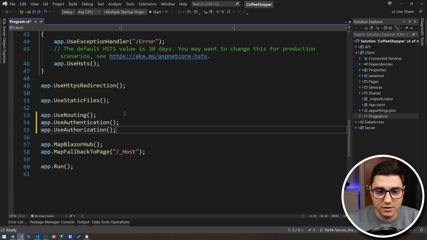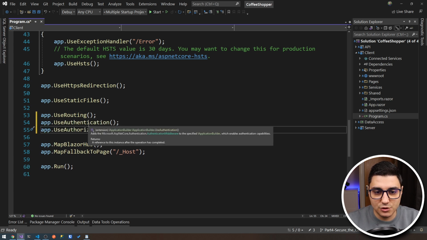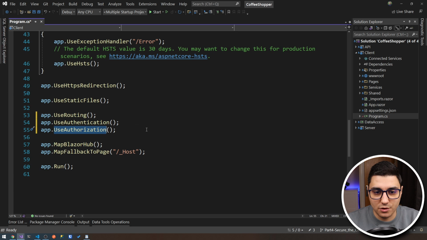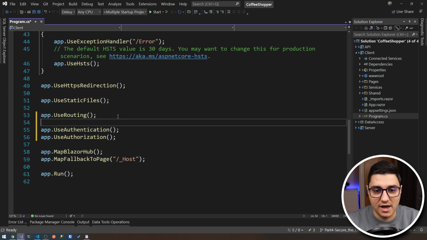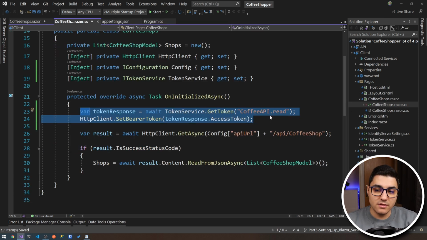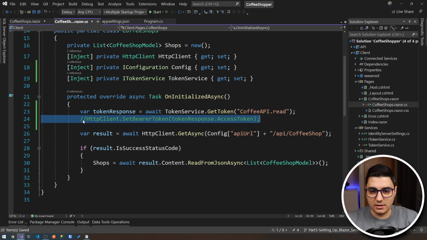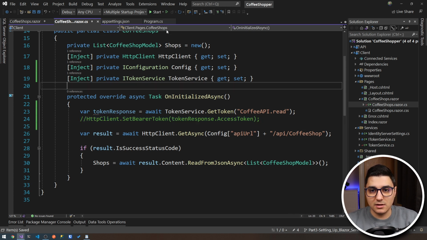One last thing to do here is to add app.use authentication and app.use authorization, so please make sure that you add these 2 in. And then, just to illustrate that this actually works, I will comment out the part where it's setting the bearer token to the header of this request, and then I'll start the app,